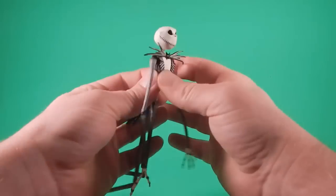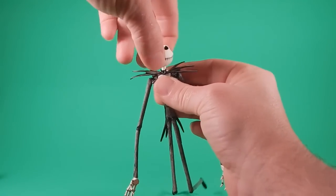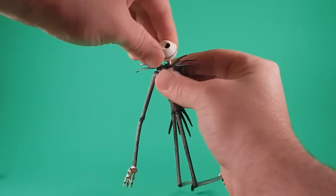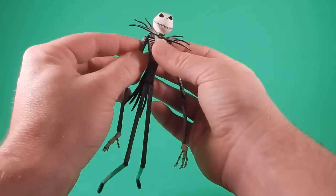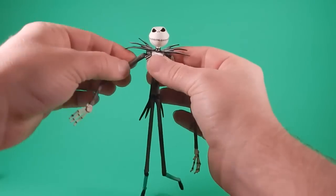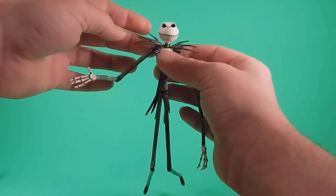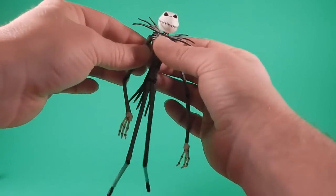He's got some range of movement. He's got some side to side. He's got some up, and he has some down. I mean, it's not the greatest, but it'll work. And pretty much every other joint in the body is a hinge and swivel. You can hinge it out because there's a swivel on both the inside and outside. As you can see, if I can get it off,